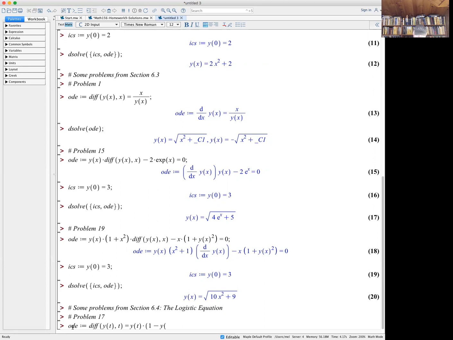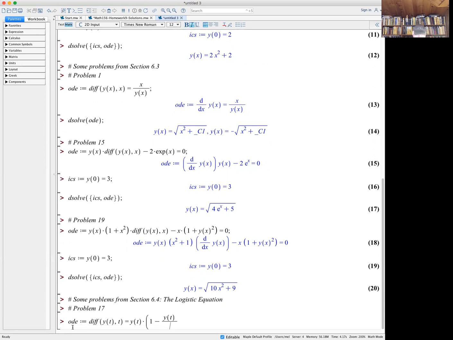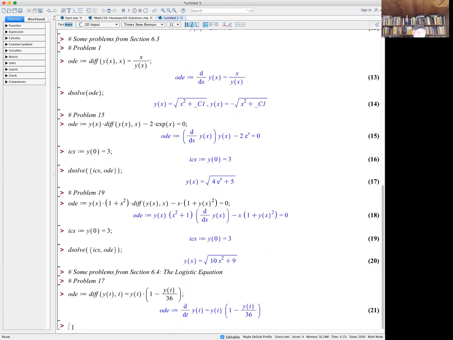Again, we have to write y of t over 36. That's our logistic differential equation. It involves y times 1 minus something times y. And if we wanted to just solve this in general, dsolve this ordinary differential equation,